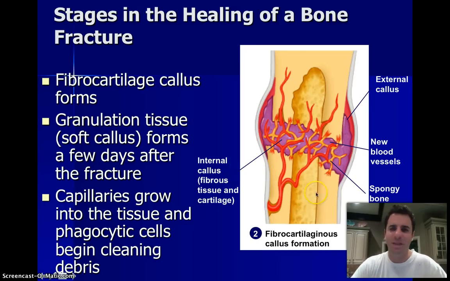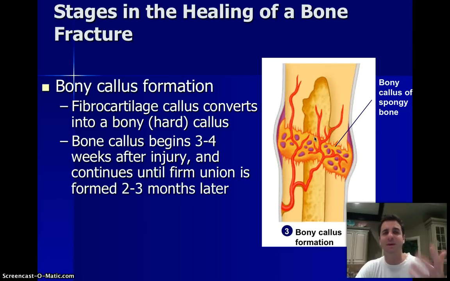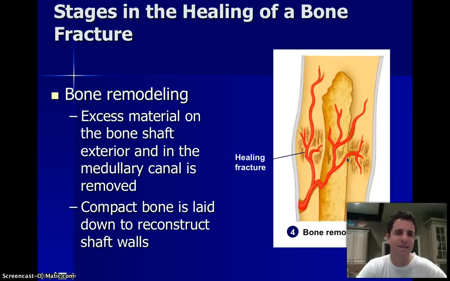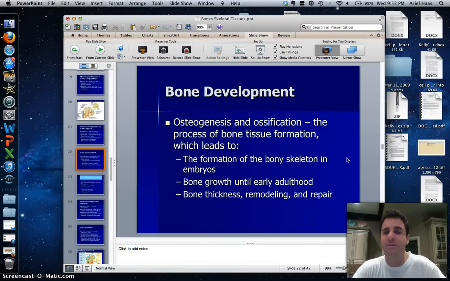and not take it out of the cast too early. And then capillaries start to grow into it to bring it really good blood supply, and you get some phagocytic cells from the immune system cleaning out excess debris and loose stuff and all that good thing. And then you finally get the bony callus. The fibrocartilage gets converted and ossified into actual bone. And then you start some appositional growth and bone remodeling on the sides to kind of clean things up and finish it as you see here, so that it's nice and pretty. And then you have the compact bone laid down around the sides and so on. And on that note, we have finished part 2 of